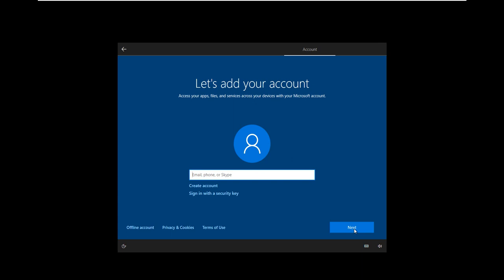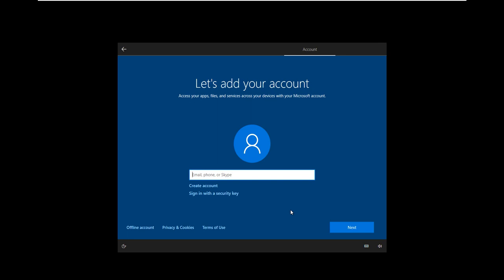Now it says let's add your account. Because I am using it for personal use, I have to add my account here. Account means it is asking me to add your Microsoft account. If you have a Microsoft email account, you can add it here. Next it will ask for the password and then you can sign in with your Microsoft account.